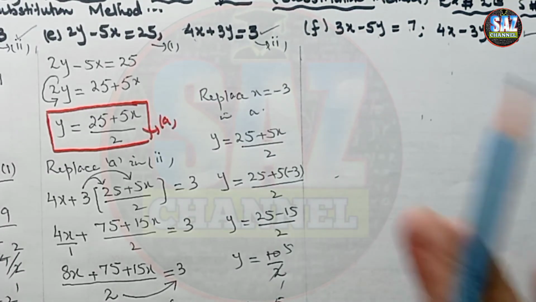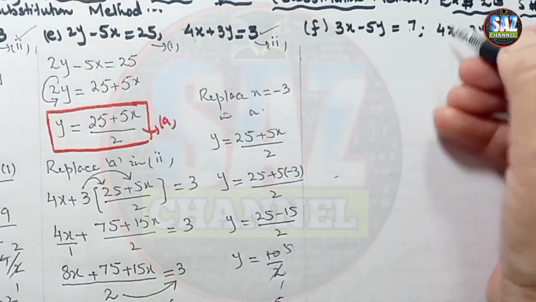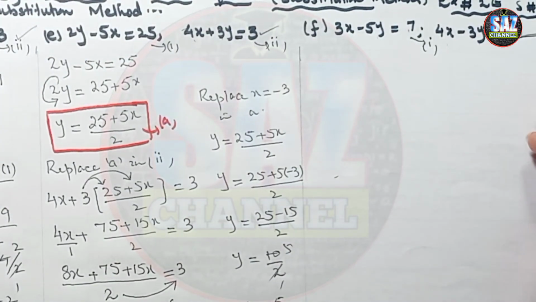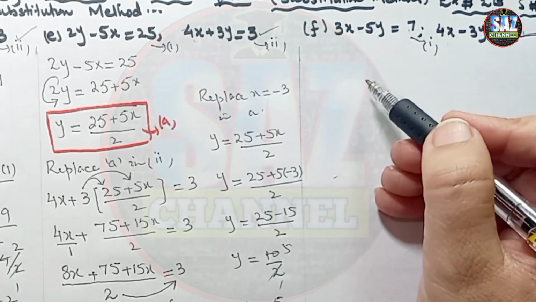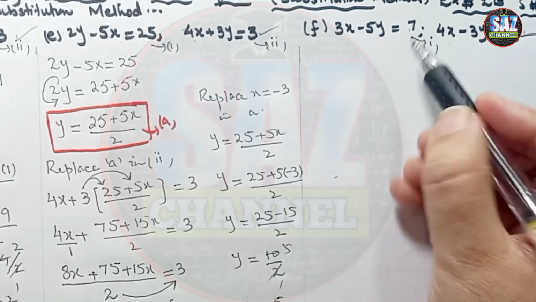Equations are correct. And now let's move to the solution of this question. Let me mark this equation as equation 1 and this is equation 2. Now what we have to do, we have to solve the question by substitution method. So I have to make any one of the letters from any one of the equations the subject of formula.